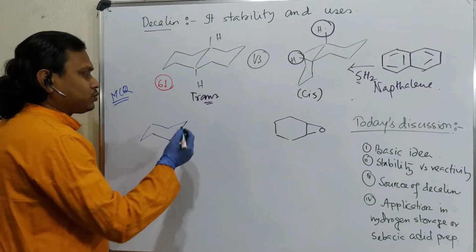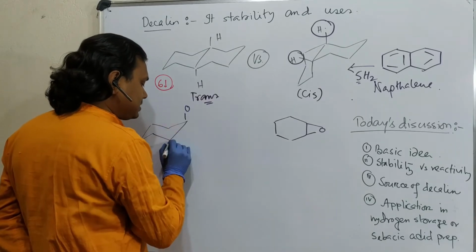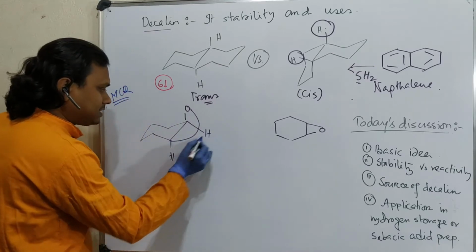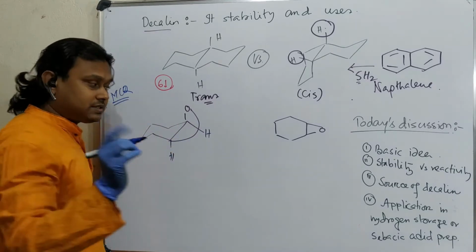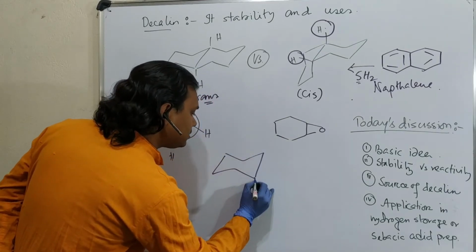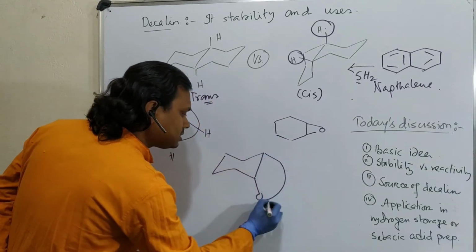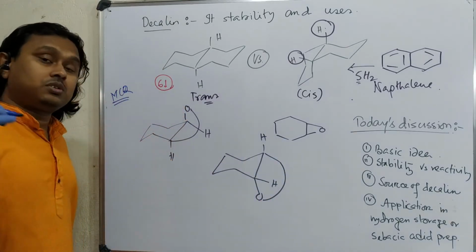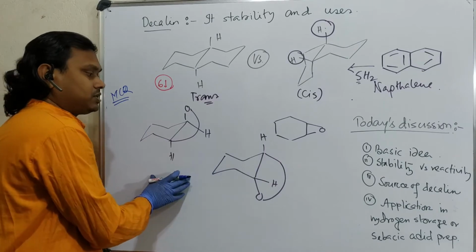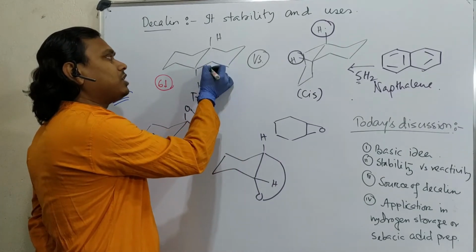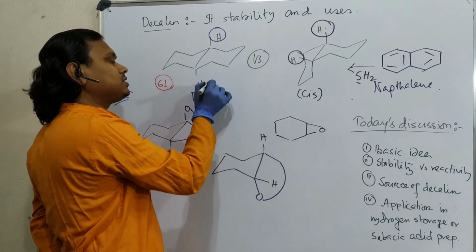So in this case, what type of thing is possible? First, this is one, means hydrogen, one is here, one is here. See, from this hydrogen point of view, cis. Another thing possible, that this is oxygen, this is, so hydrogen 1, hydrogen 1. Remember this thing during your cyclohexane chemistry, this is very important. So based on this understanding, if we extend, this is trans. Why? Because these hydrogens are anti.